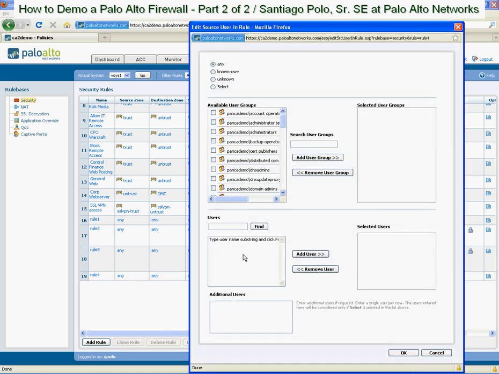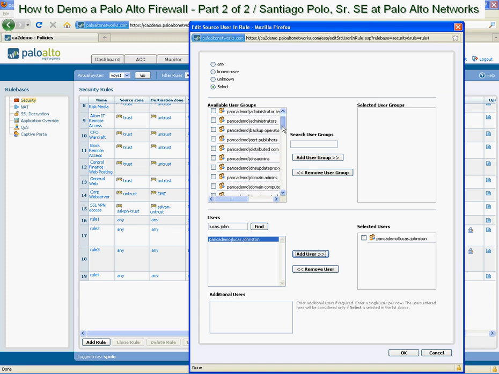So earlier you saw me pick on a user by the name of Lucas Johnston, who was a BitTorrent user. I might decide to come find him in here. I can type in his whole name or potentially a part of his name. It'll do a search, it'll find him, I'll add him. Now again, this is coming from our Active Directory, which is great. The full integration with this is fantastic, and it's an incredible ability to be able to create these policies around users and user groups,